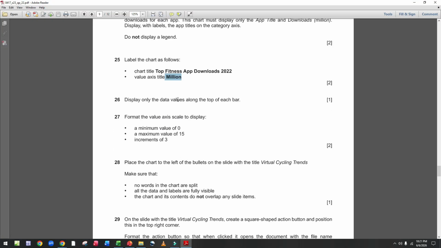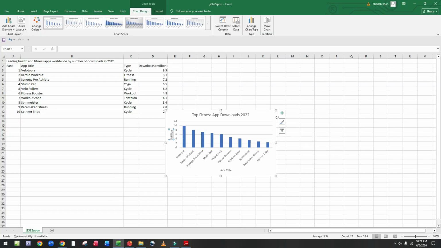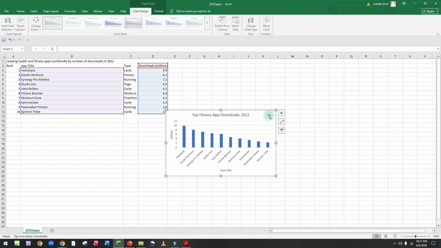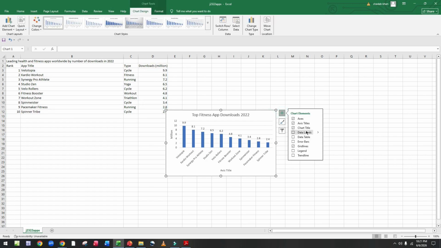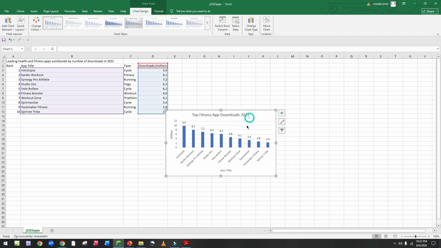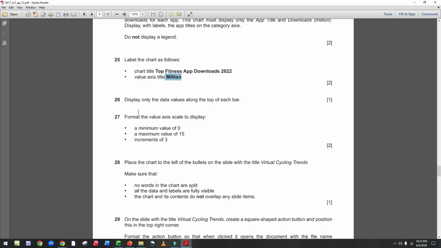Display only the data value along the top of each bar. Now we turn on data labels to make the table data visible on the top. Format the value axis scale to display a minimum value of 0, a maximum value of 15, and increments of 3.